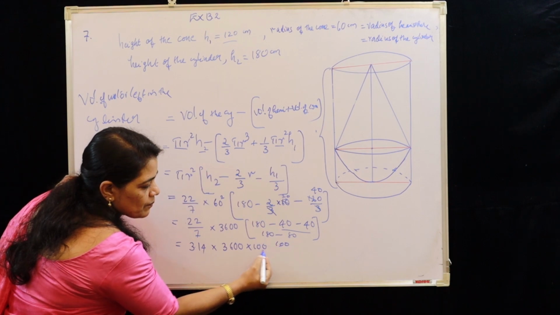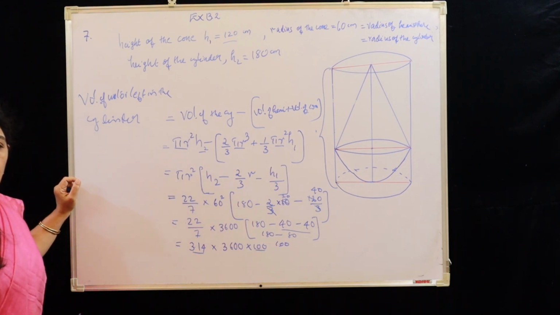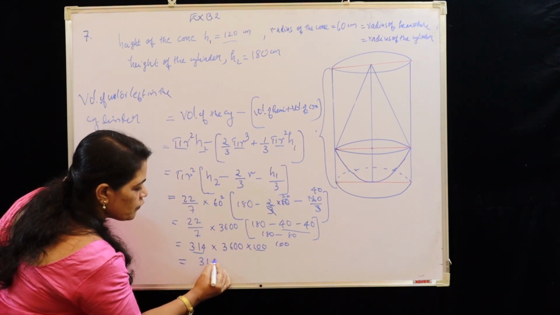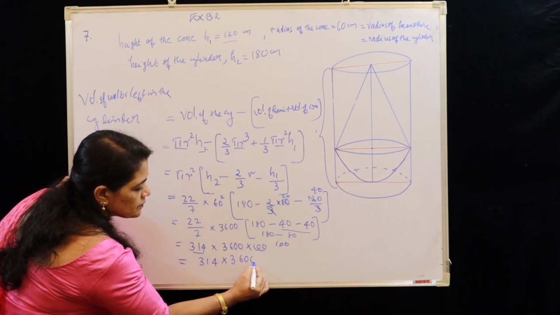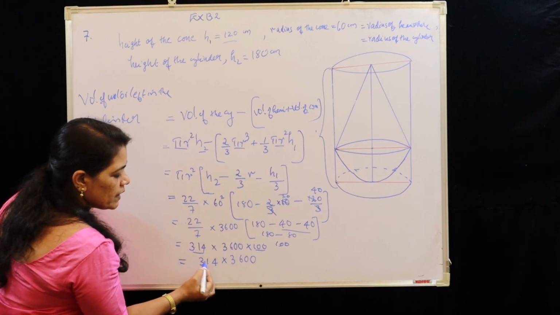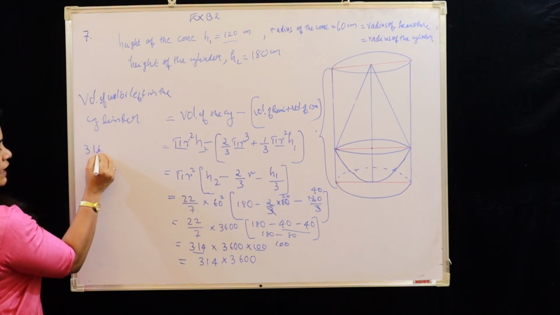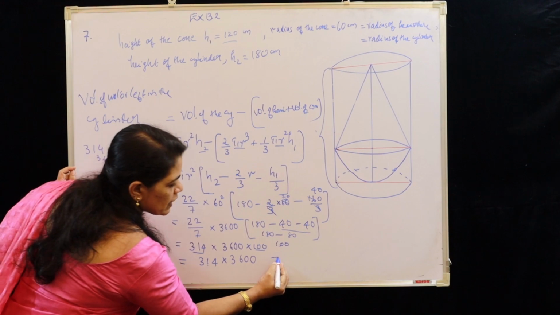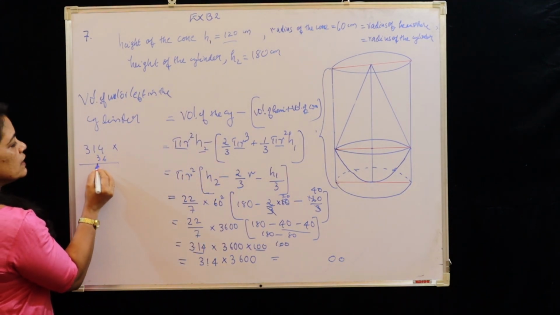So in the next step I am multiplying this with 3.14. So I am going to write this as 314 into 3600. Step is clear, children? These together become 314. So 314 into 36. Then we can add 2 zeros. Okay. So 2 0 and get the product of 314 and 36.